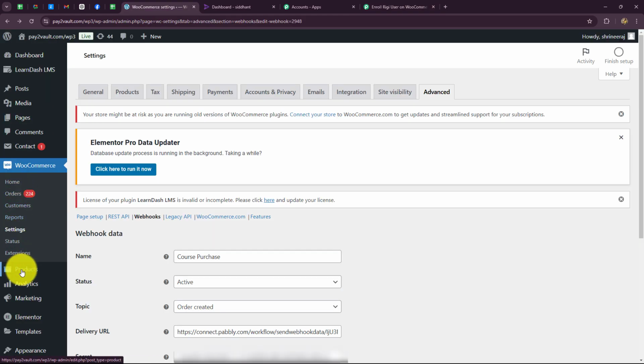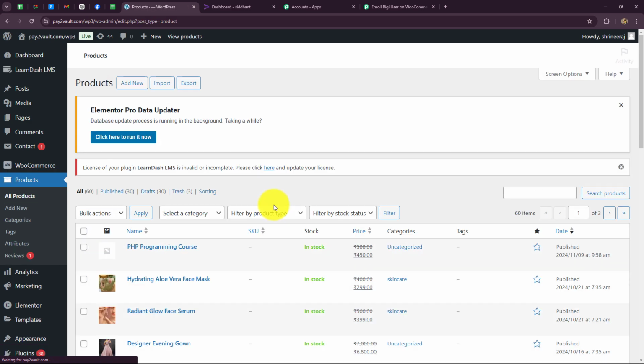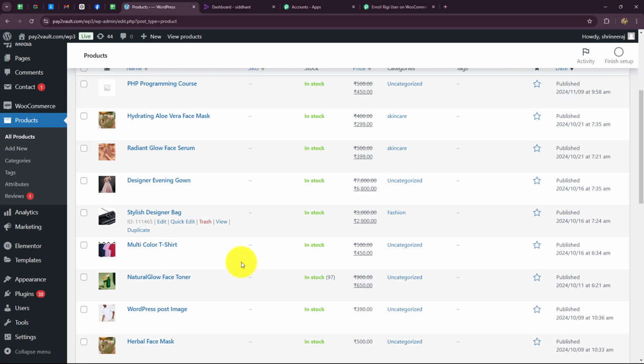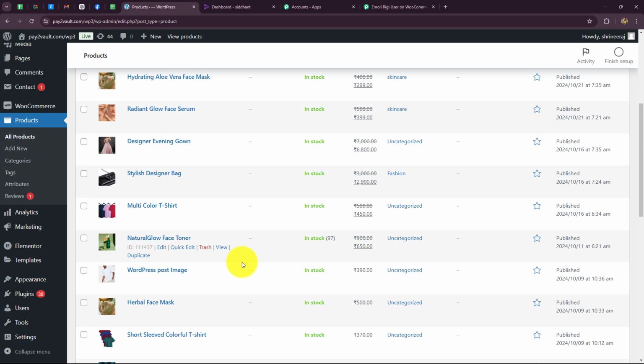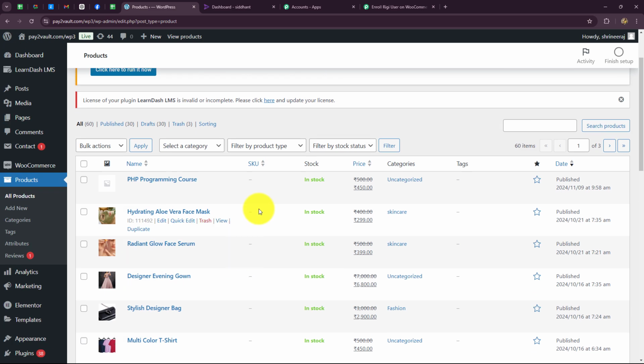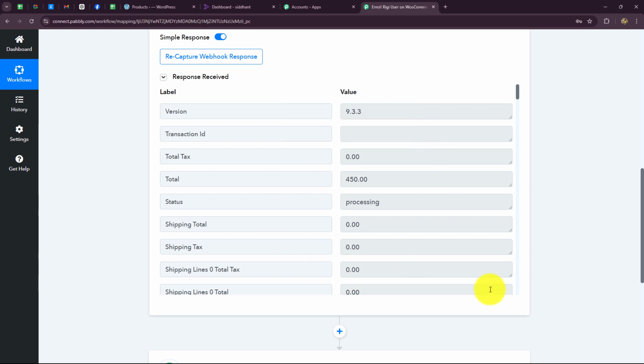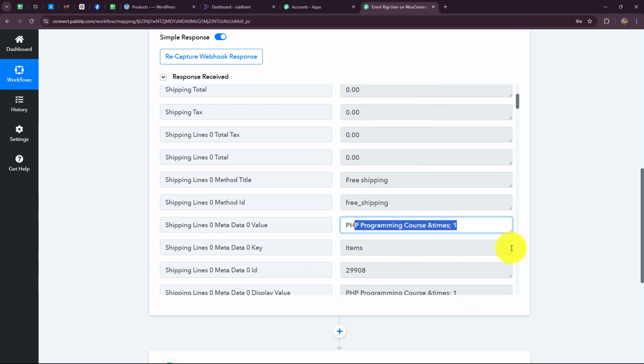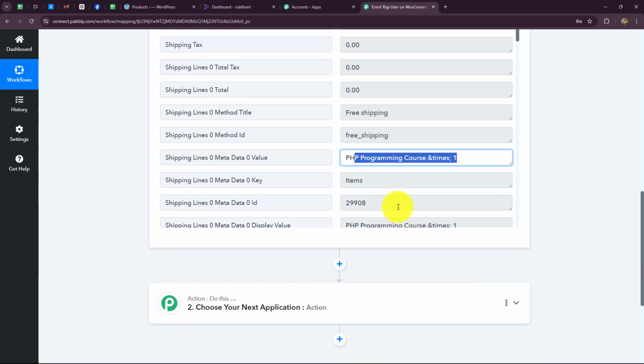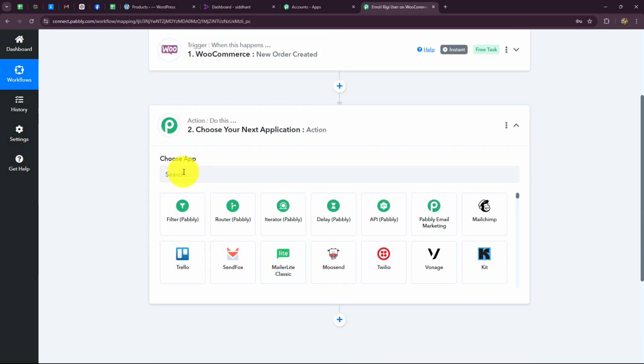But as you can see over here that I am selling multiple other products as well apart from the course. So on the purchase of each and every product, I do not want to add the user in Rigi because Rigi is for learning management, and I only want the person who is purchasing the programming course in that. So I will have to apply some filter condition in this workflow that when the order will be created for programming course, then only the user should be created in Rigi, otherwise not for each and every product which is being purchased. So to do that, we will go towards our action step, and we will select our action application